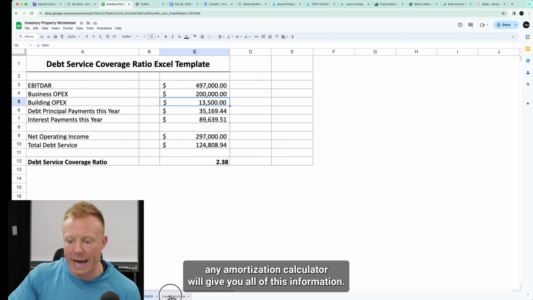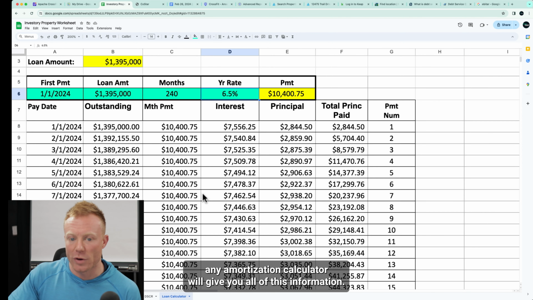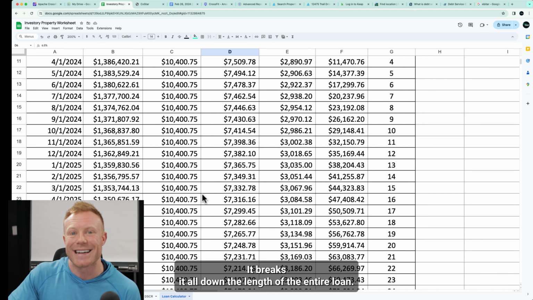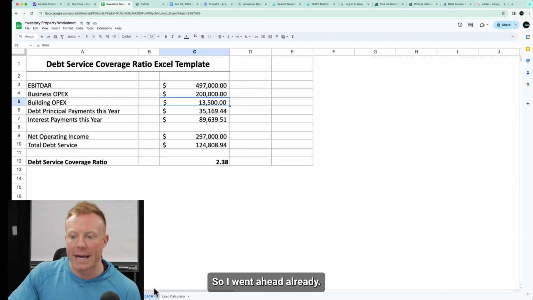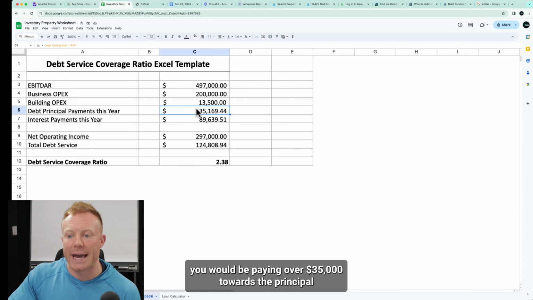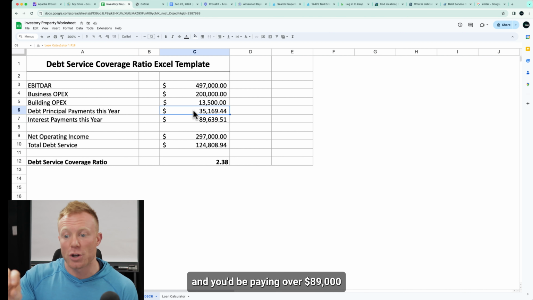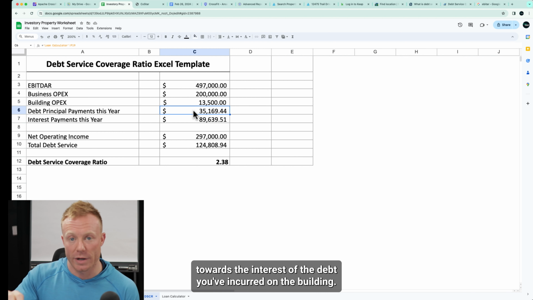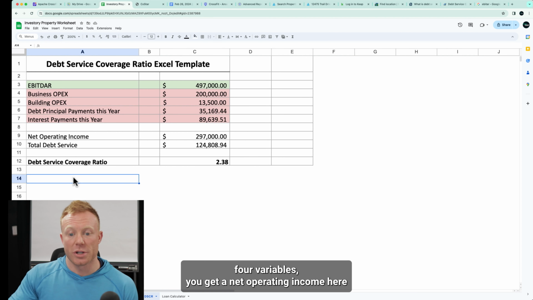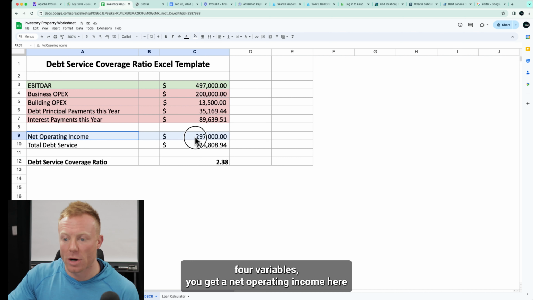Remember, any amortization calculator will give you all of this information, okay? It breaks it all down, the length of the entire loan. So I went ahead already, I took that information. In the first year of this loan, you would be paying over $35,000 towards the principal, and you'd be paying over $89,000 towards the interest of the debt you've incurred on the building. So when you take the EBITDA-R and you subtract these other four variables, you get a net operating income here of